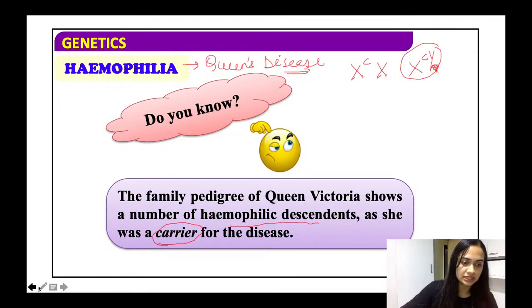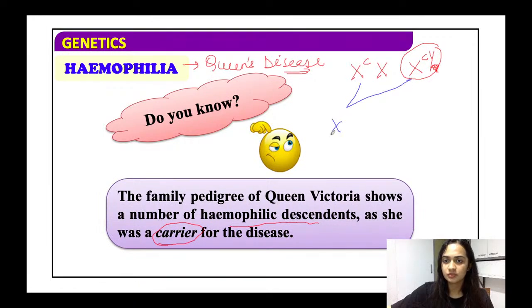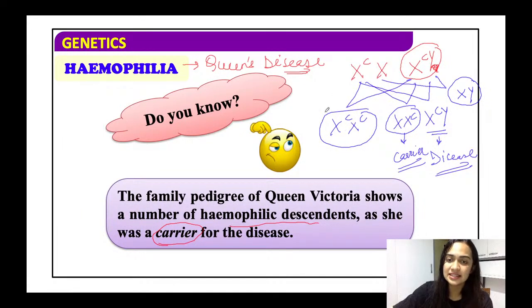ठीक है, अब हम इसके ऑफस्प्रिंग्स बनाते हैं। नॉर्मल मेल, अफेक्टेड मेल, इसको हुआ है डिजीज, ऑलराइट। कैरियर फीमेल, ये है कैरियर, एंड जो फर्स्ट प्रोबेबिलिटी था इस फीमेल को क्या हुआ, दोनों ही रिसेसिव कंडीशन में मिले हैं, ऑलराइट, both are in the recessive state and it is a diseased condition,